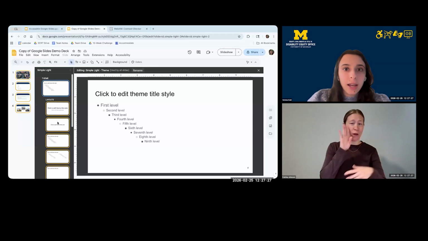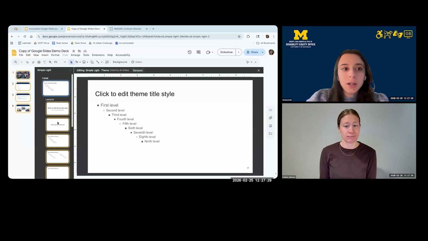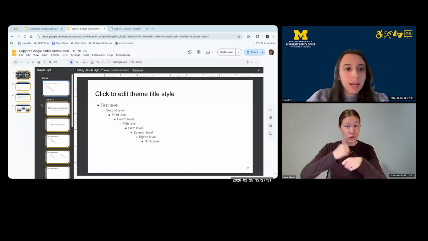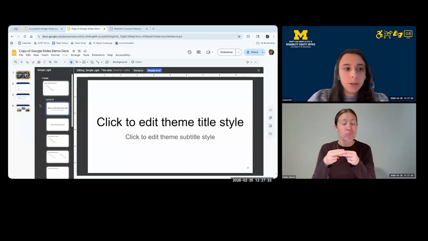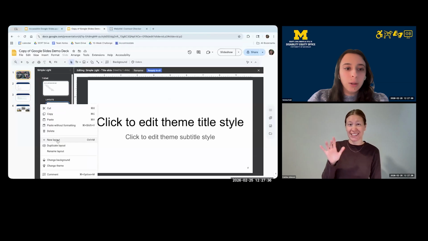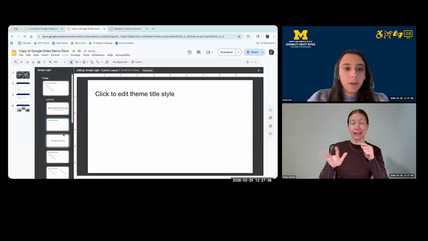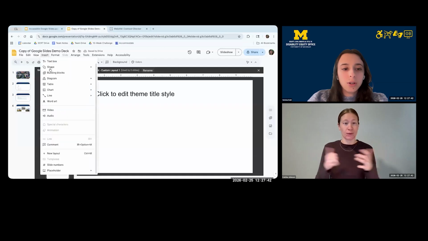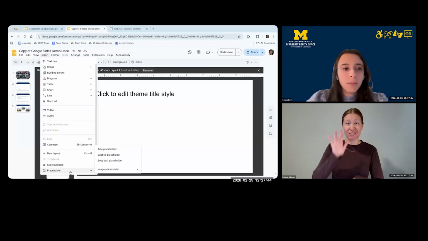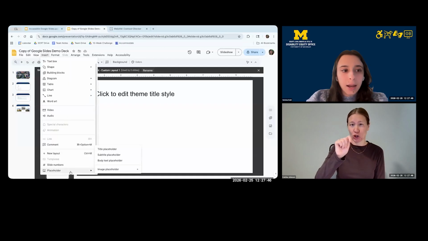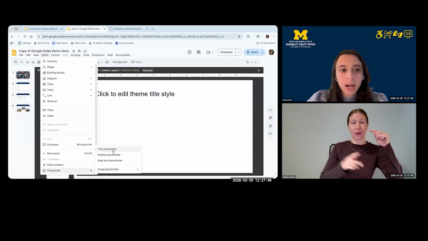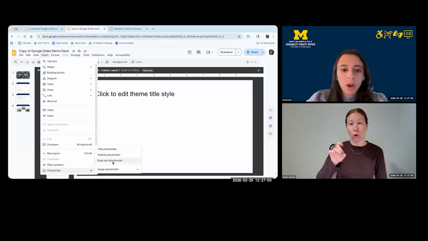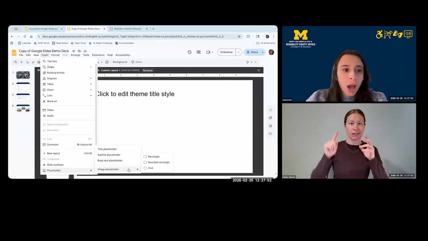If you'd like to create a new slide layout option, you can right-click by the layouts and select New Layout. Once I have a new layout, I can go to Insert, Placeholder, and I can add a placeholder for my title text or my body text or an image.